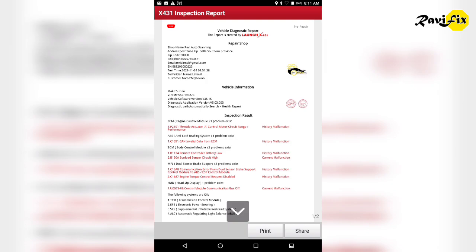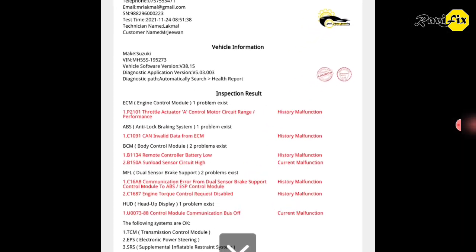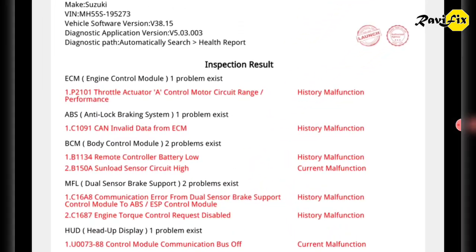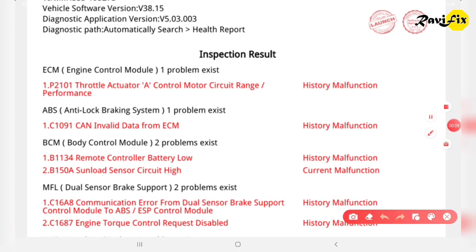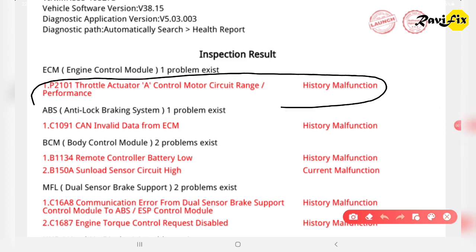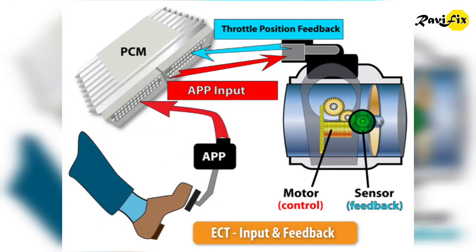First check the scan data and DTCs. There were several DTCs for several systems, but here we shot the P2101 trouble code regarding this problem. Before I start the diagnosis, we should have a good idea about how the entire throttle actuator controller system works. This is a drive-by-wire system, so here is the basic diagram for the e-throttle actuation system.